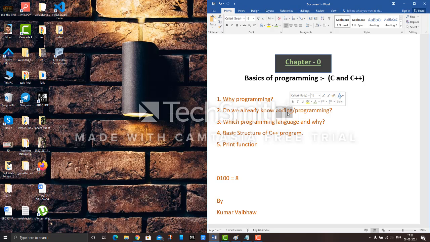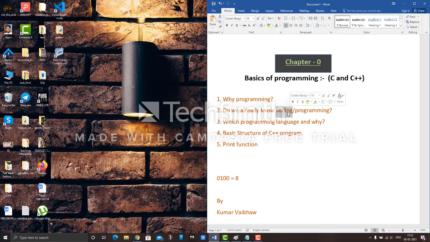Programming means giving instructions to the computer. Like if I say bring me a glass of water, that means I'm instructing you to do something. In the same way, if I am able to take some task from my computer using a language, or to be specific using the C language or the C++ language, then that is called programming. And if I give that in a written format, will I be writing it with pen and paper? No, there is a specific tool to write.